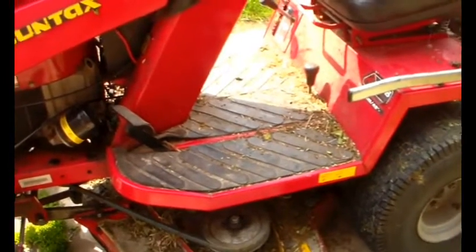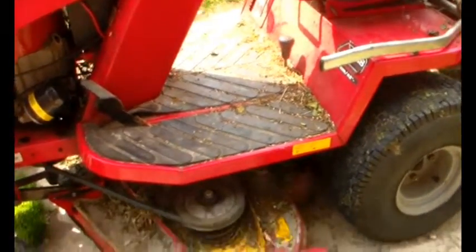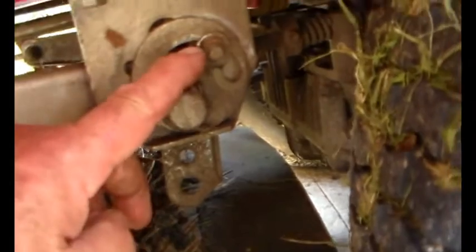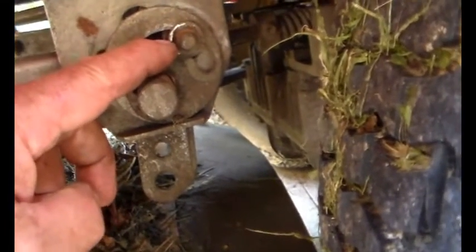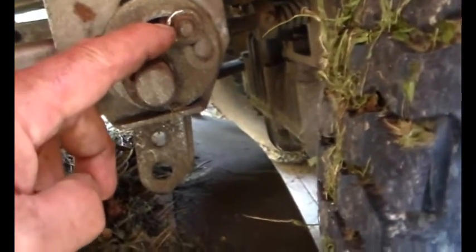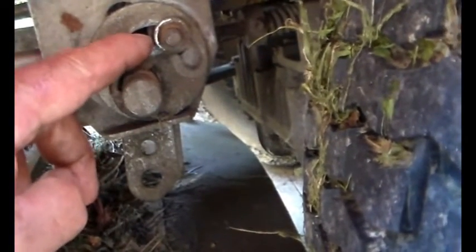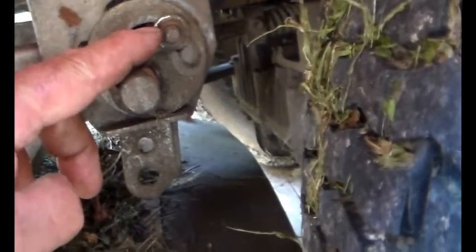So we're on the side of the Countax, and if we come down here, okay, you see that nut there? Yeah, it's 13 mil. You slacken that off, and then you have to jiggle the deck up and down, and